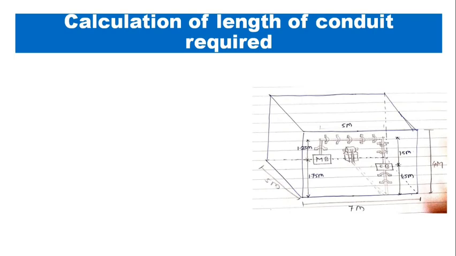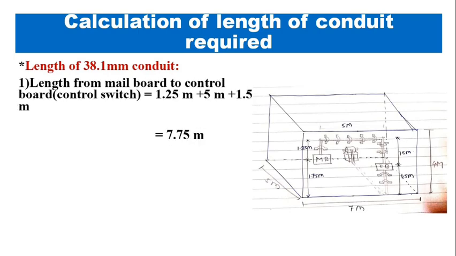So we will calculate the total length of conduit required separately for 38.1 mm conduit and 50.4 mm conduit. Then the total conduit will be calculated by adding them. So we will first calculate the length of 38.1 mm conduit required, that is from the main board to the control board. So the length of conduit from main board to control board, that is to the control switch,